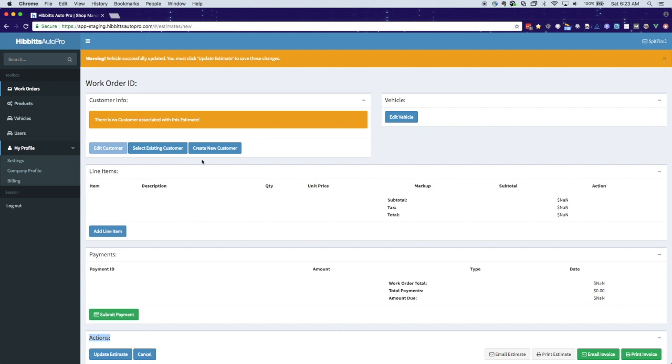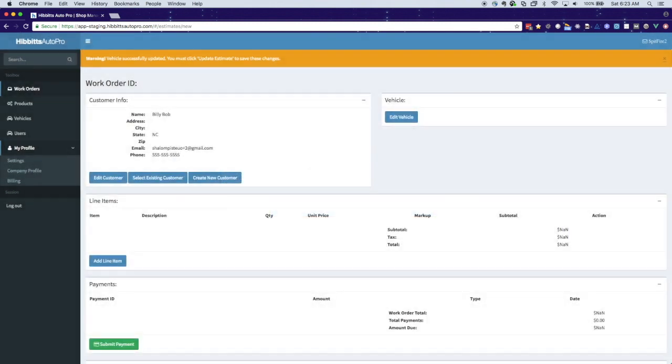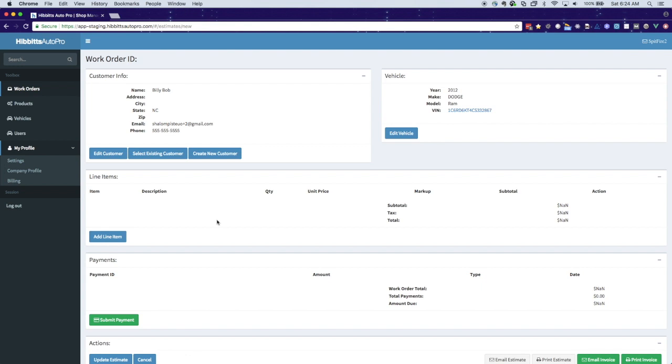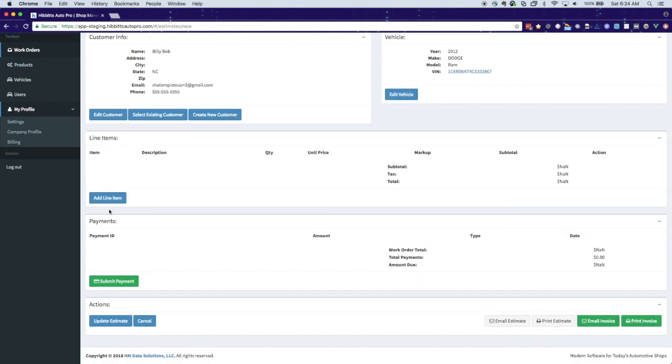So in this case, we're working with an existing customer. So we're going to select existing customer. Billy Bob. Billy Bob has a Dodge Ram, and we've worked on his vehicle before. So we're going to look this up. Here it is. Dodge Ram, VIN number. Now, Billy Bob is bringing this Dodge Ram in for